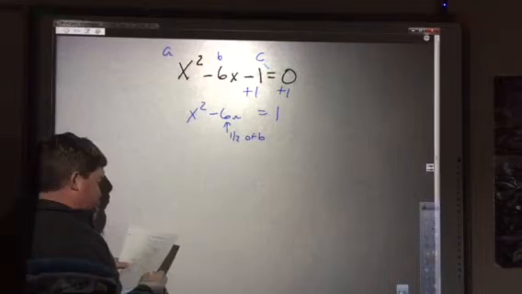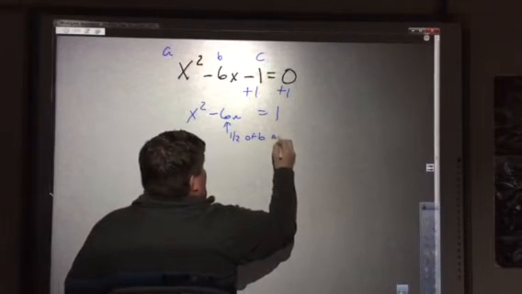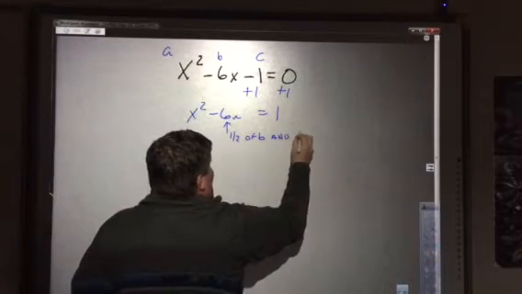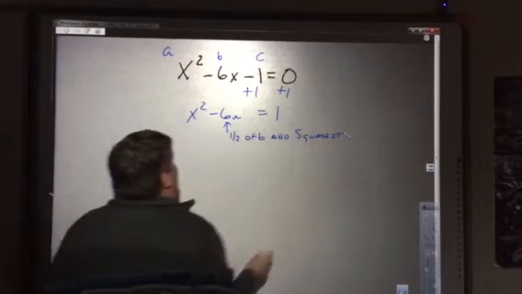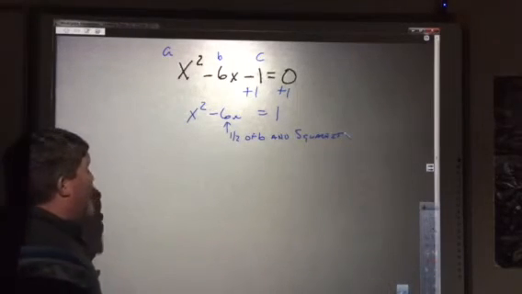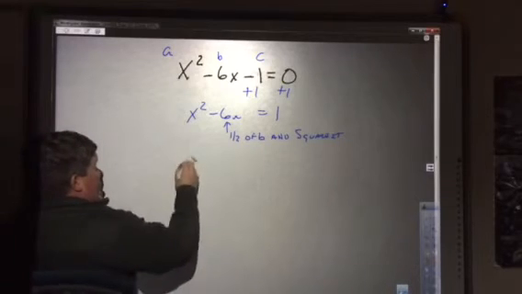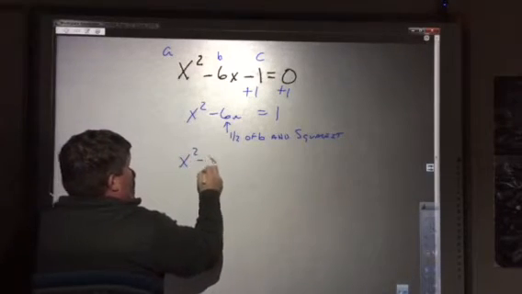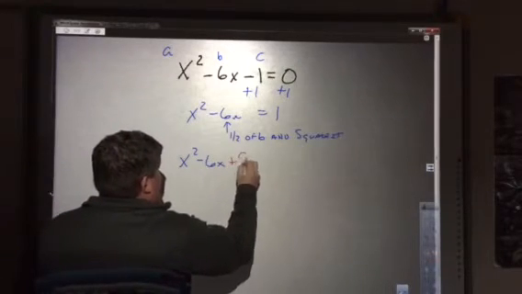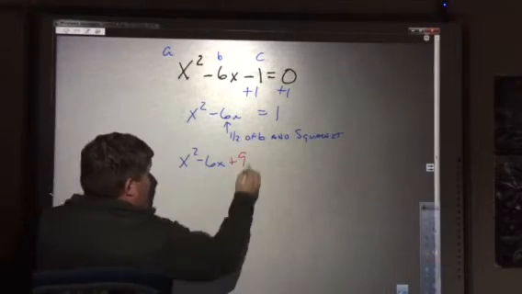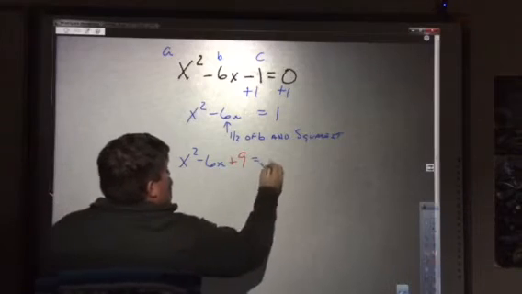Half of b and square it. So half of -6 is -3, squared is 9. So we're going to add 9